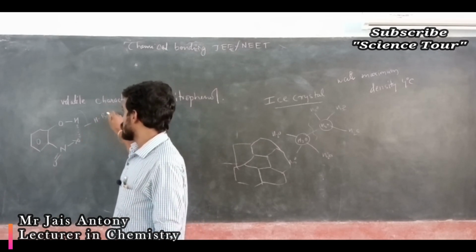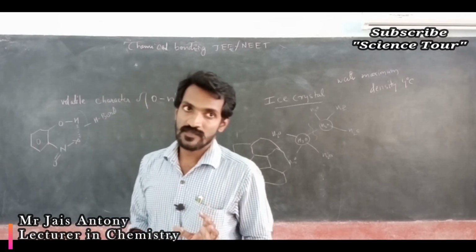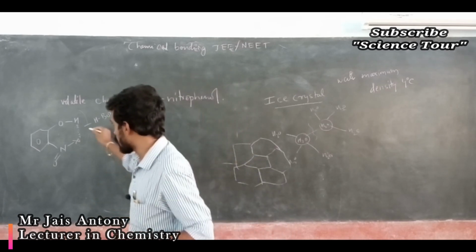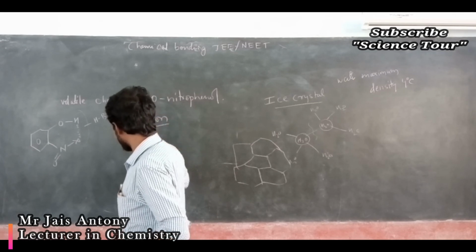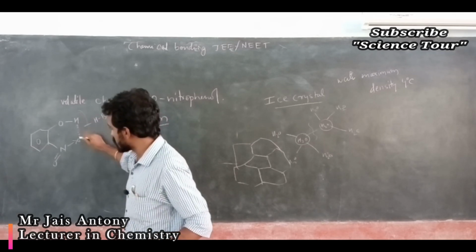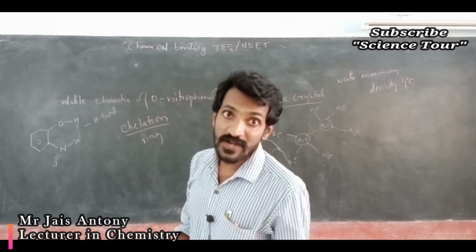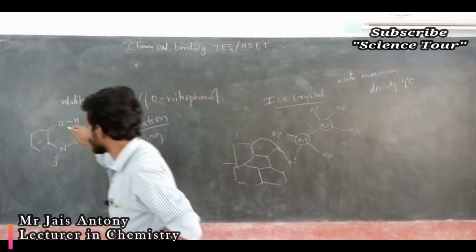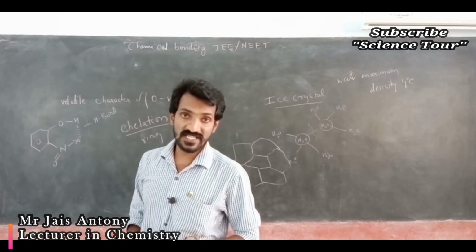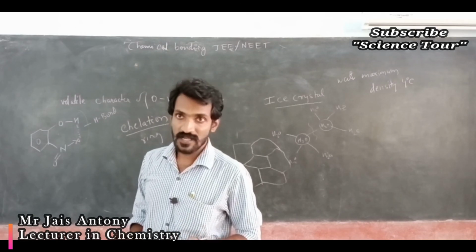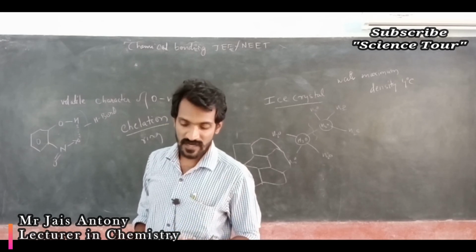In this one, only the ortho compound can form chelation. Chelation means ring formation. Chelation, see, chelation word. Ring formation. Ring means here hydrogen and oxygen form a bond. Which type of bond? Hydrogen bond. So what happens here? One ring forms. Correct? Ring formation. So orthonitrophenol undergoes the chelation process. It forms a ring structure. But the remaining para and meta do not undergo chelation. Understood?